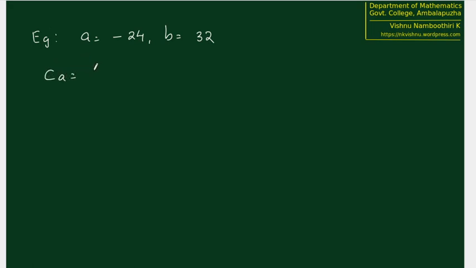CA we can consider to be the set of all positive divisors of minus 24. But the set of all positive divisors of minus 24 is going to be the set of all positive divisors of